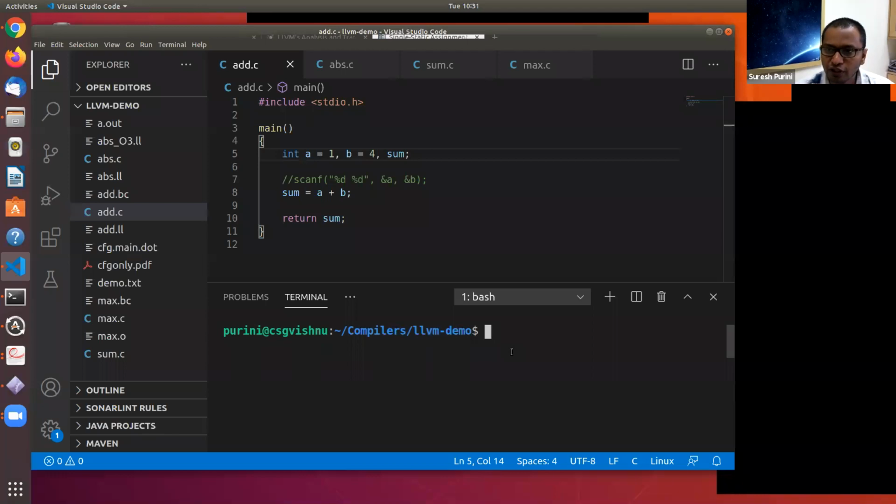It is essential for you to know about these tools and learn how to use them, when to use them, etc. And the second thing that we do is we try to take a peek into LLVM IR.